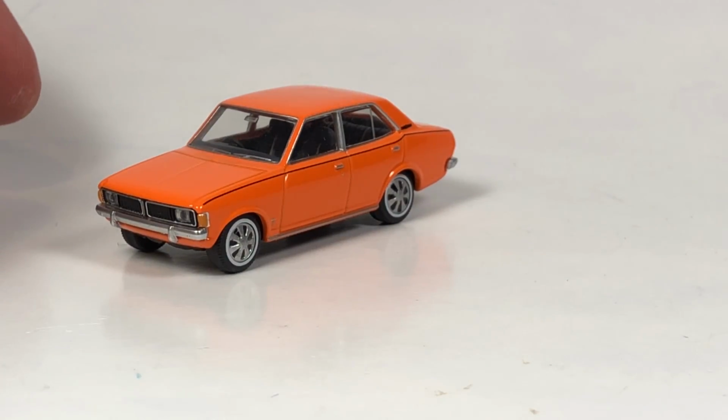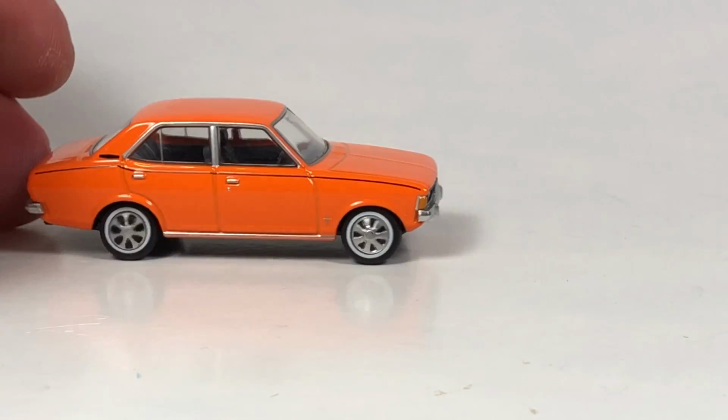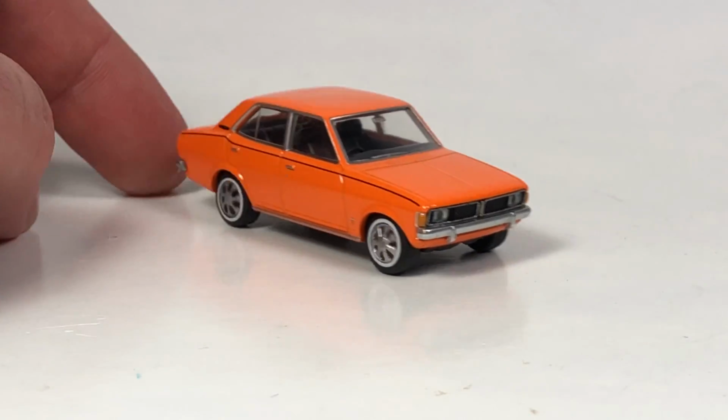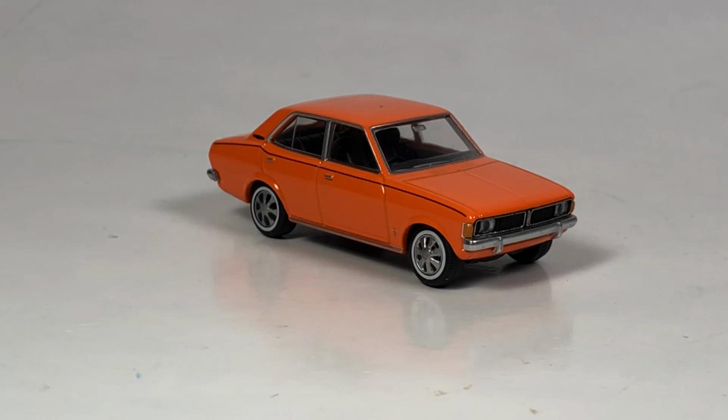That thing is stellar. My Tomica Limited Vintage collection is slowly growing lately, and I can't wait to get